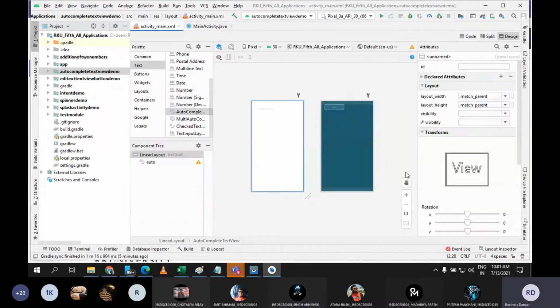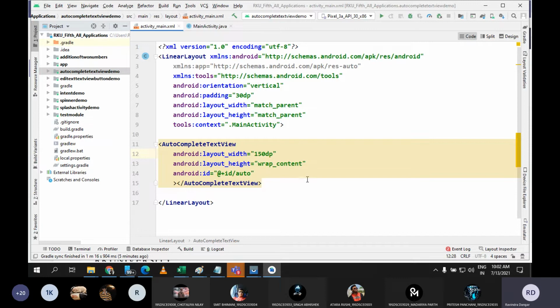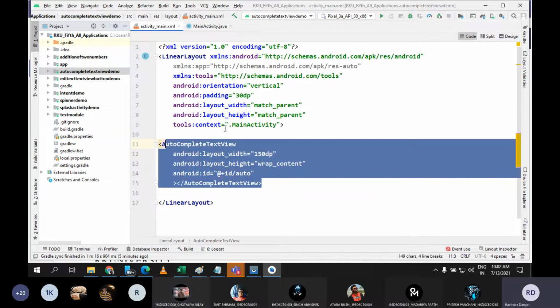See, in the design view, you can see here, you can start writing something. As soon as you write the characters, it will display a list of suggestions. From that you can select any item, and whatever item you select, accordingly it should display a toast message. This is what I'm saying. So now in this case, do I need any other control in this XML file? Meaning, sir, everything will be done in one method, you're saying? Correct, correct. We don't need any other controls.